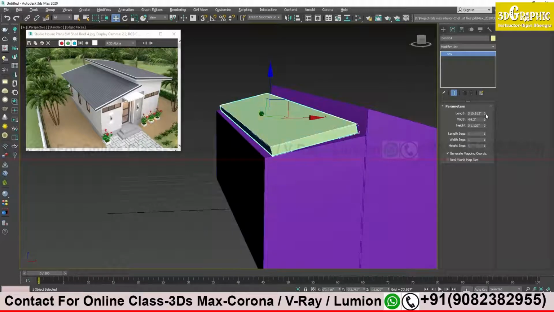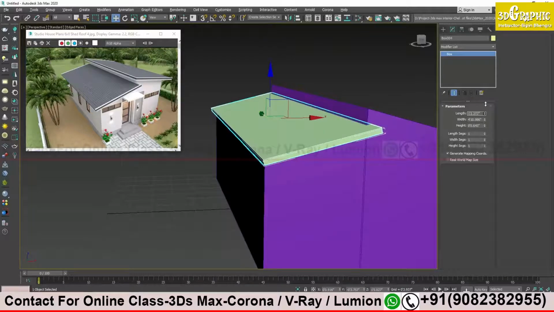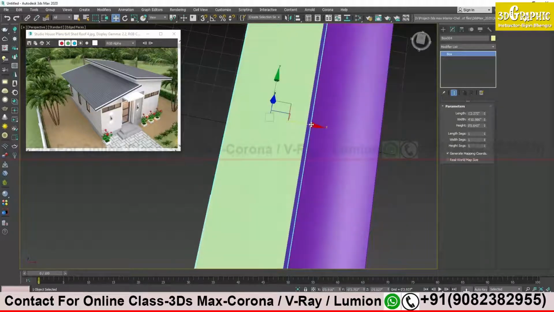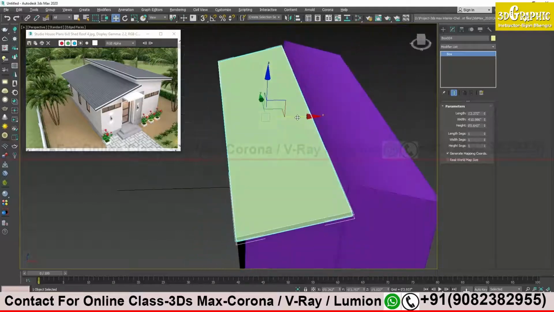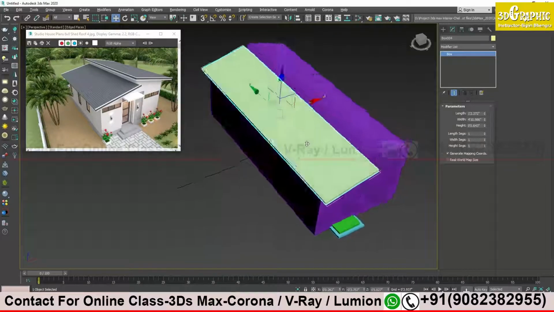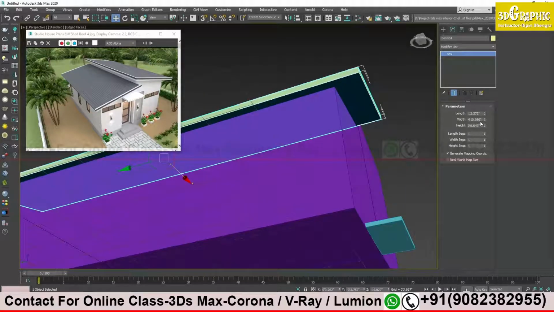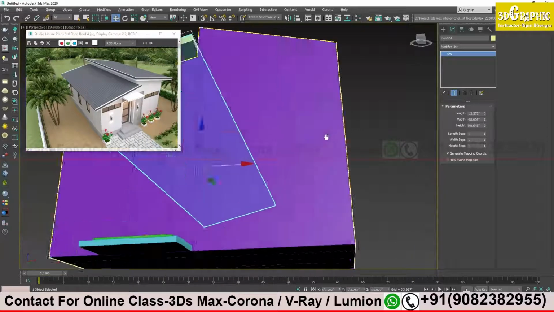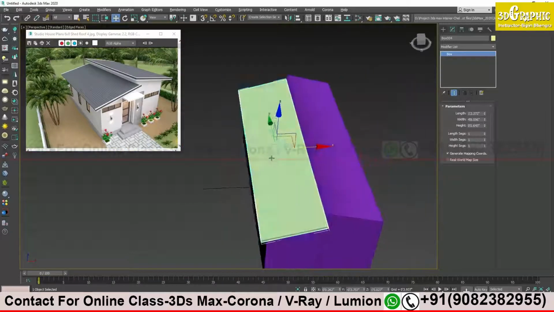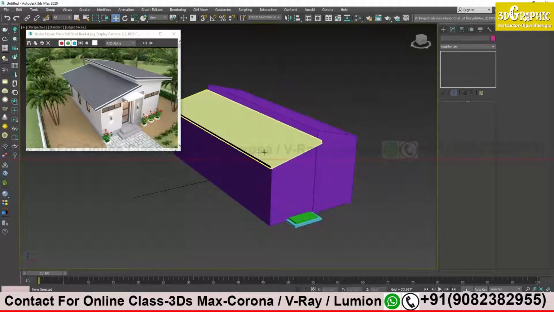I will go to properties and do it from there. I will change the height, width and depth. Clear? I think too much is extruded over here, so I will just decrease it. That much is fine, this much is okay. See, I got the roof.